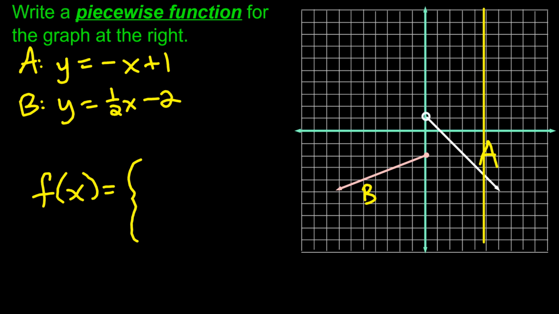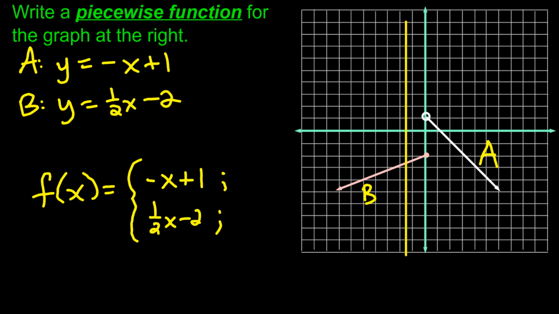And so we're going to write these two linear equations down: -x plus 1, and then 1/2 x minus 2. All right, so we're halfway done with our piecewise function. Then what we need to do is say, where do these two graphs exist? So I'm going to put a semicolon, and then I'm going to look at the graph and figure out